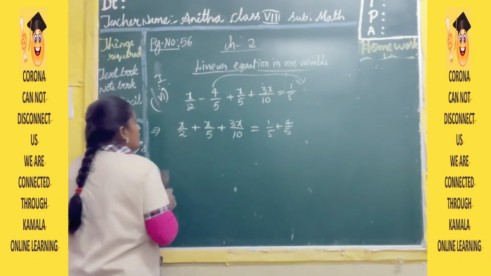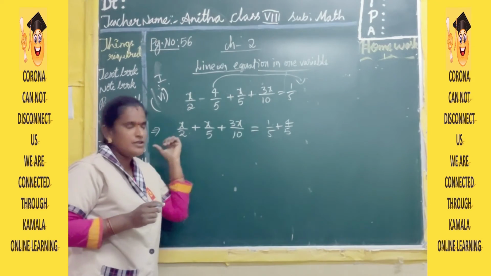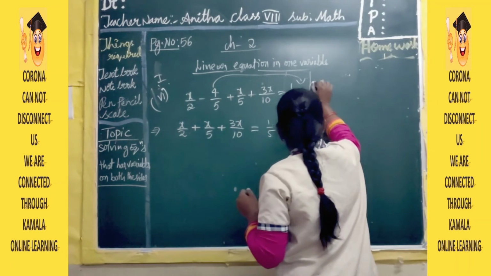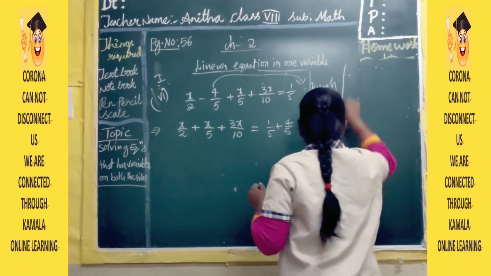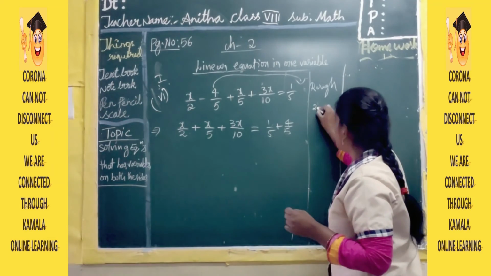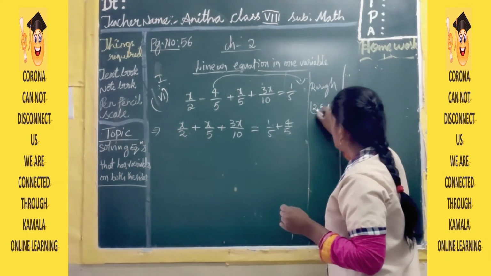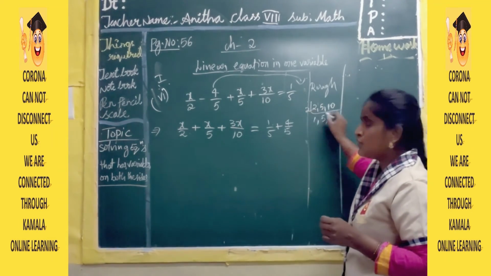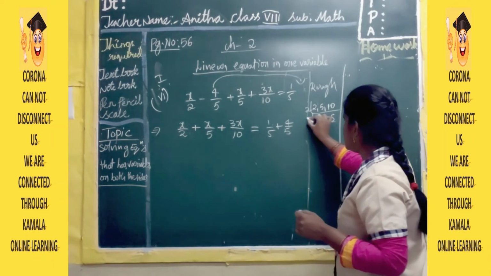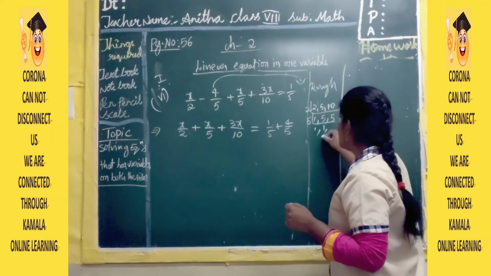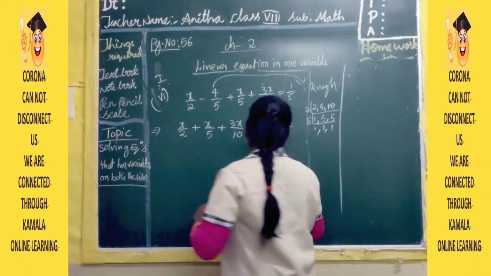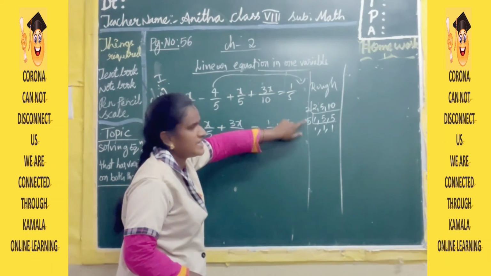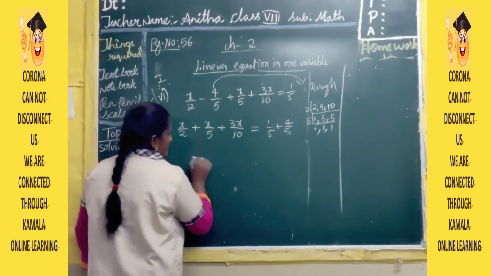Okay children, now all fractions are there, so we are going to take the LCM of the given denominator values. This is rough work, so any rough column, do it in rough space only. 2, 5, 10. So what is the LCM of 2, 5, 10? 2 ones keep like that only, 5 also keep like that. 2 5s are 10. And 5 5s. Now the LCM of 2, 5, 10 is 10. 2 5s are 10. 10 is the LCM.